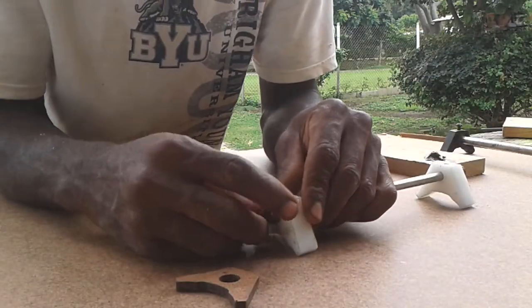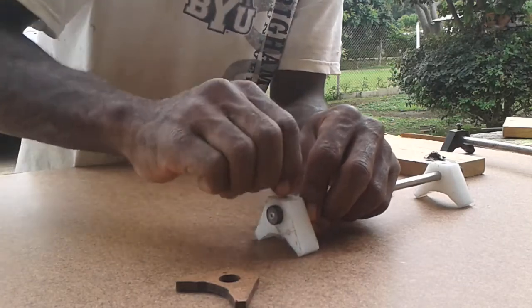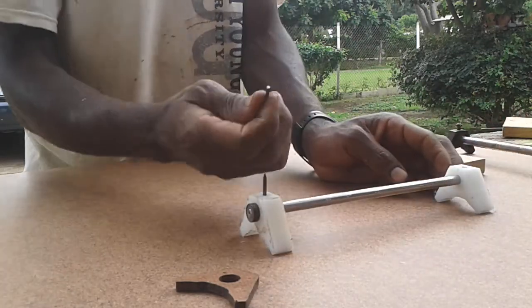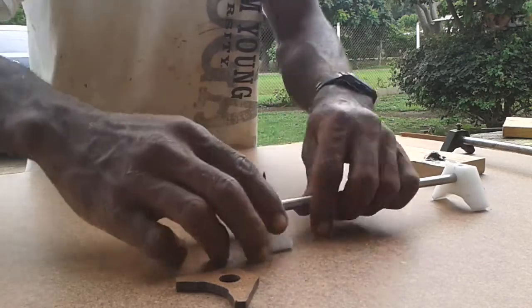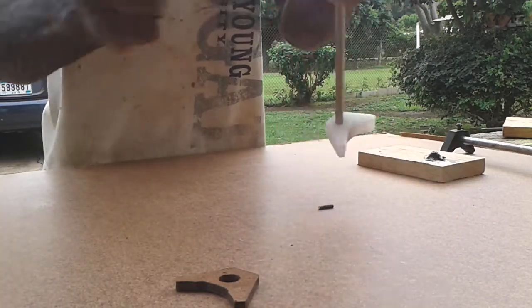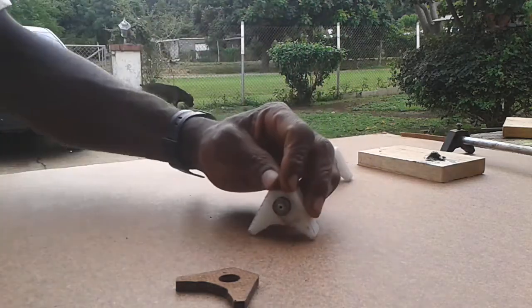But I also cut some nails, which I'm gonna use to hold it in place. And the nail goes all the way into that hole, from this to the hole in the metal. So what I'll do, I'll put 2 pieces of nail in there and then cut them off. So you see it don't move. But I'm gonna pull the nail out,